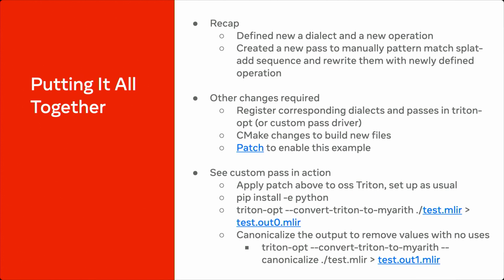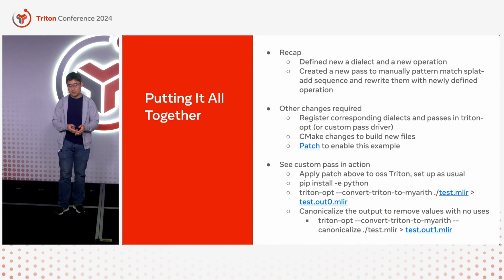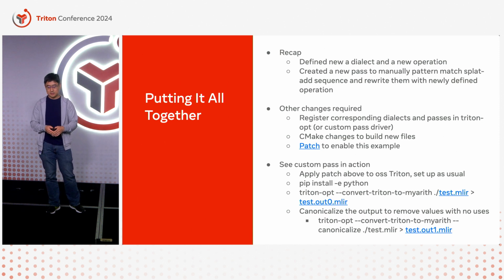To see the custom pass in action, in this specific setup, you can just walk through the normal Triton setup that Keren also mentioned earlier. You can call the MLIR pass driver Triton opt. You specify the name of the pass that we're trying to invoke, provide an input file, and it will supply the output file. Apologies, I didn't realize that we can't click the links, so I'll just describe what the output